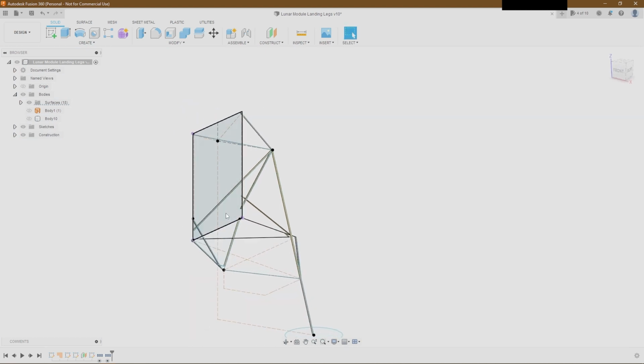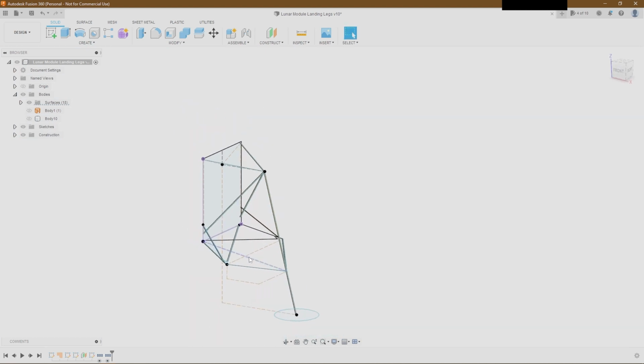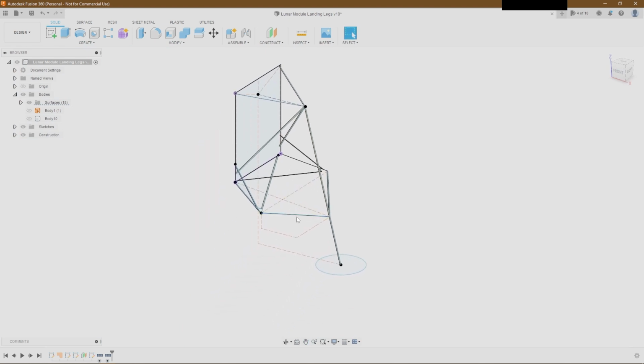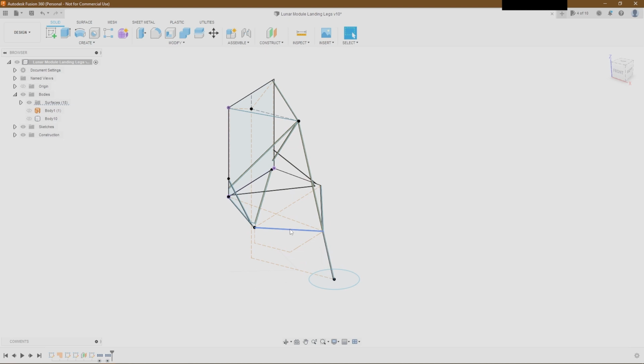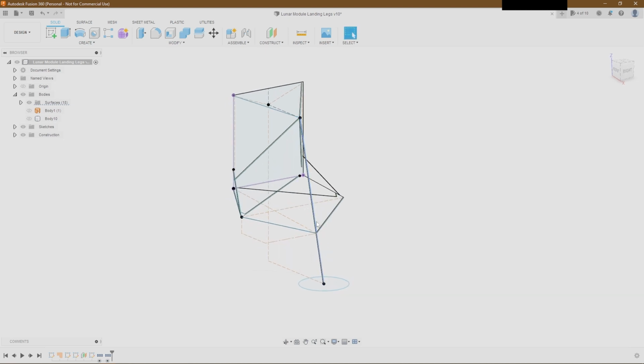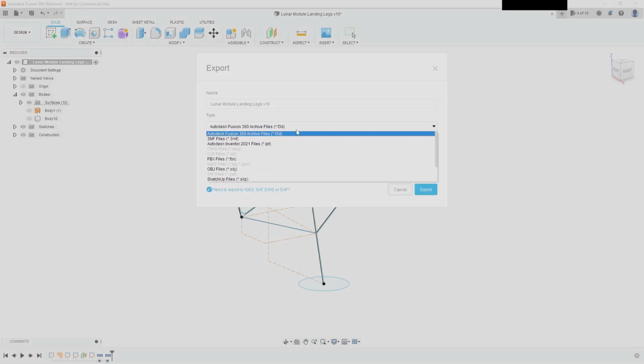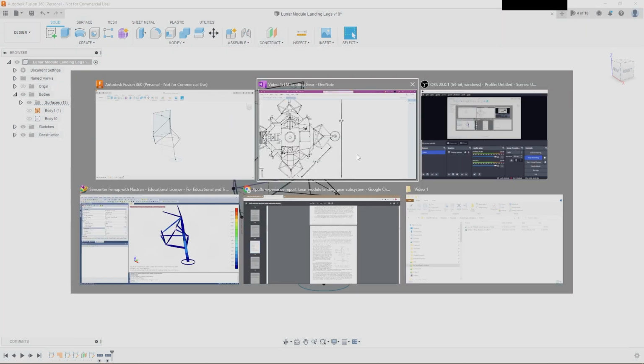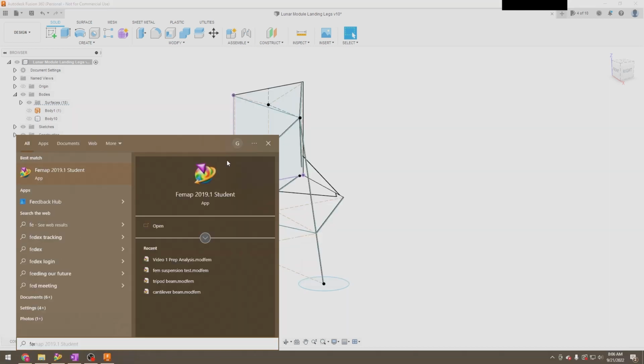If I was using a different program like NX, the CAD program that's made by Siemens, or even SolidWorks, you can export curves, but unfortunately in Fusion you can't. Okay, so then I just did a file export, and I defaulted to STEP. I already did that though, so let's hop over to